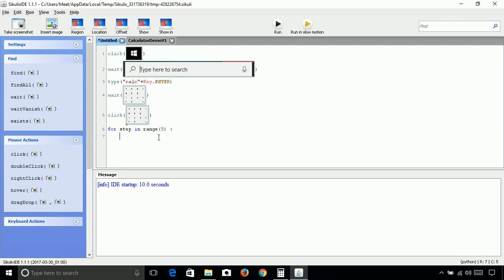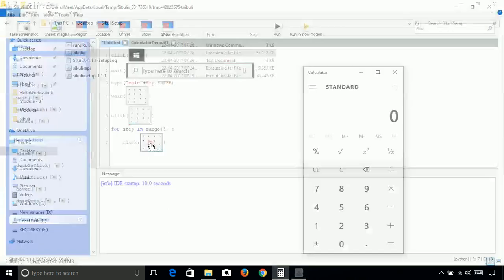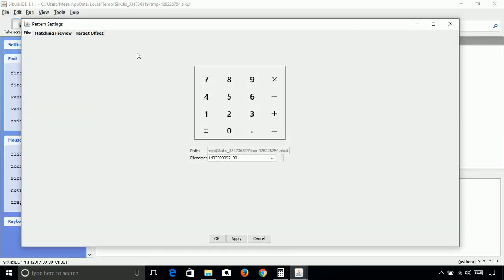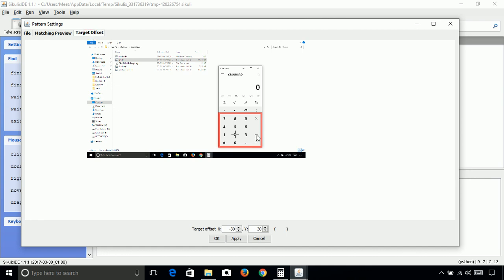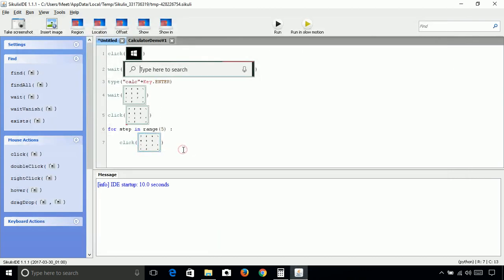So now let's copy this and then set the target offset to plus. So go to target offset and set it to plus. Now we need to click on 2. So let's copy this and paste it again.